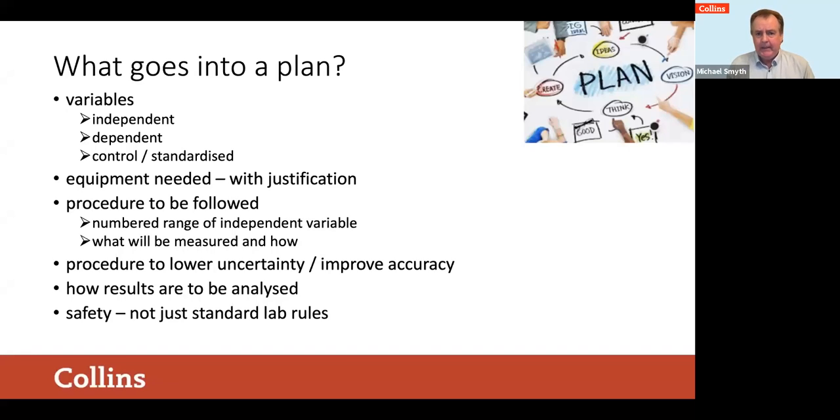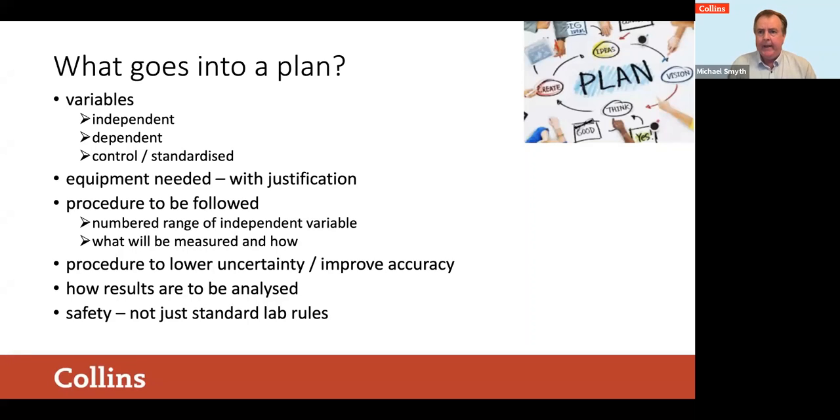We'd also expect them in the plan to say how the results will be analysed. So when you get these results, what are you going to do with them? If you're expecting in physics maybe a proportional relationship, what are you going to plot against what? If you're doing a simple pendulum experiment, for example, you're not going to plot the periodic time against the length. You're going to plot T squared against L. So it needs a bit of knowledge of the equation that they're working with, and how they're going to get a proportional result.